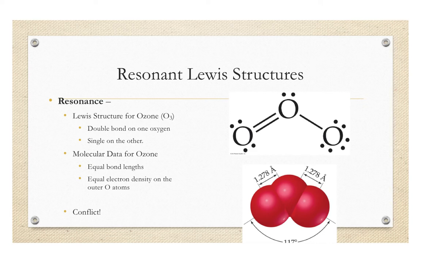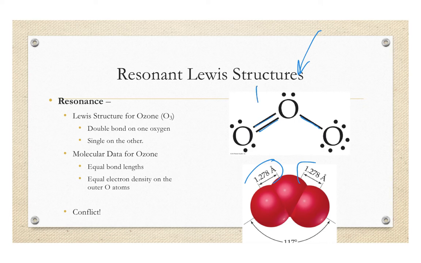The other thing that happens in Lewis structures is sometimes there's more than one valid way of drawing the exact same Lewis structure. If we look at this structure for ozone, we see that there's a double bond on one side of it and a single bond on the other side of it. However, if we do some spectroscopy, we can find out that the actual length of the 2 bonds over here is the exact same,